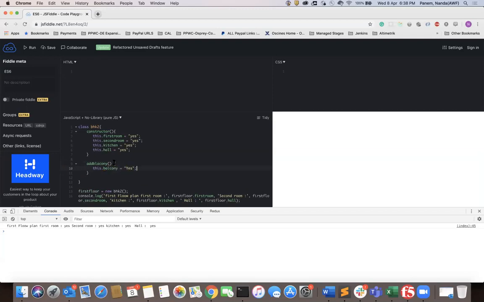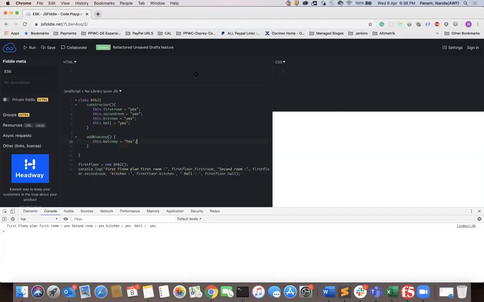Now see what is going to happen in this situation. If the person is rich and has some extra money, he wants a spacious apartment, he wants to add a balcony. The first floor person doesn't want everything, he just created the default and he is going. His flat is created, everything is done.